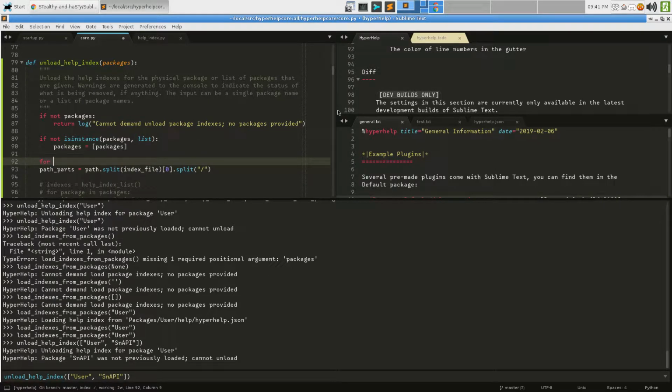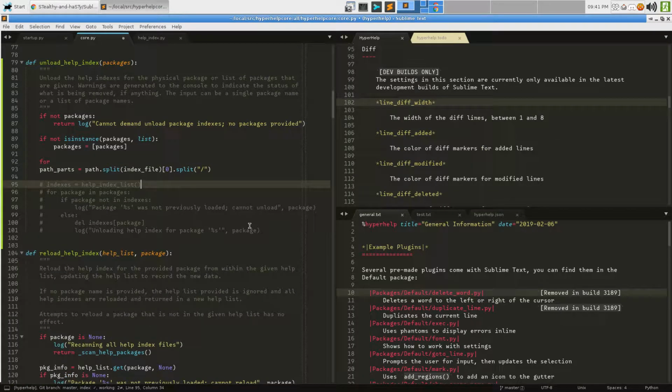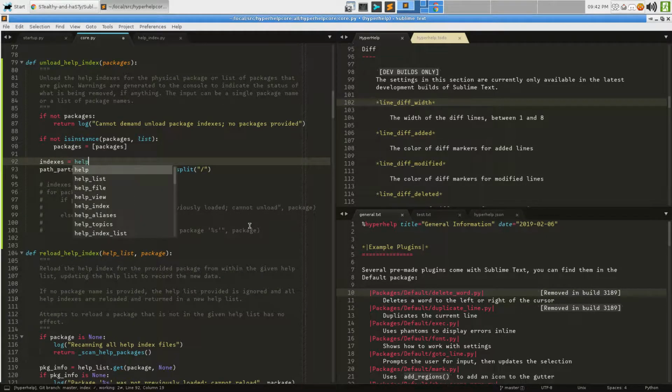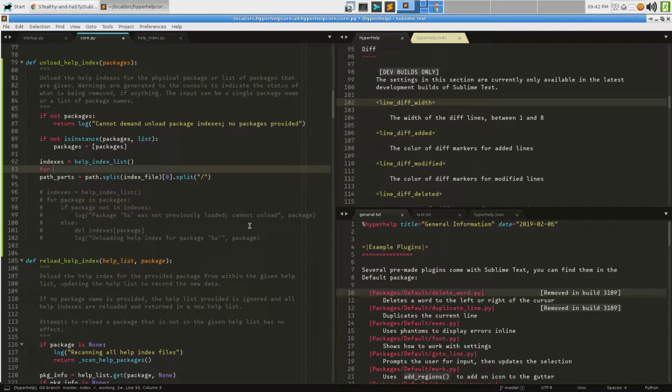Now for, we need to scan over all of the indexes in the help index list. So we kind of need some of this. This one is the alternate one for if we wanted to be able to unload logical ones. So we might say indexes is equal to help index list. And then for,